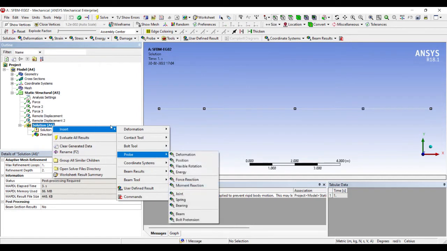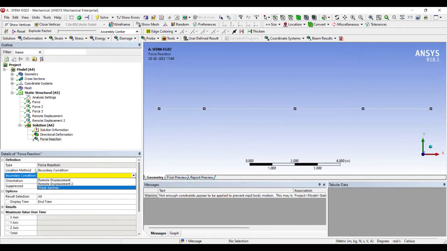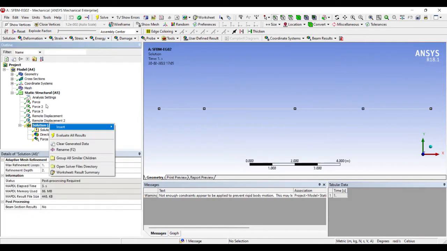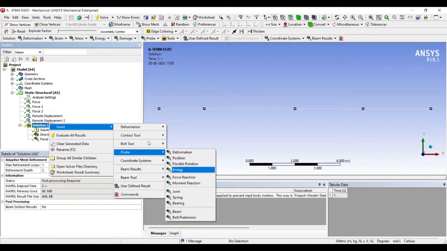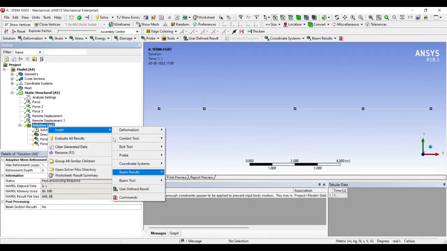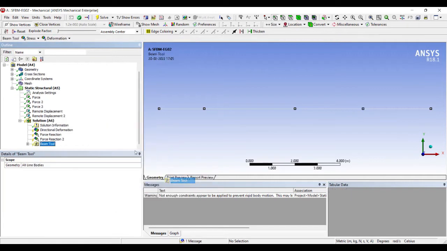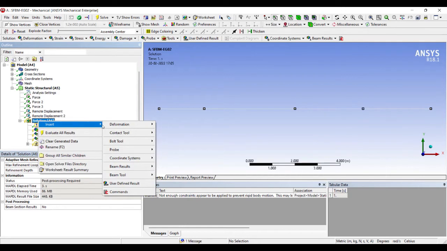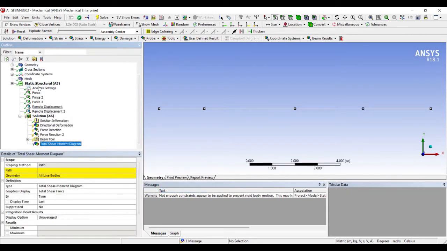I also want to see the force reaction for remote displacement 1, that is for the hinge portion, and also for the remote displacement 2, that is for the roller portion. Next, I want to see the beam tool result so that I can see the stresses. And the most important part that I want to see here is my shear moment diagram.